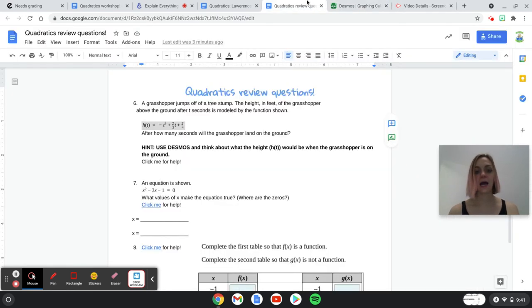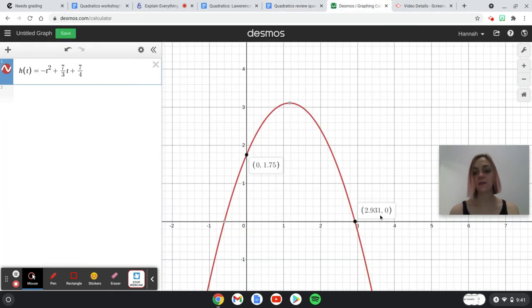And the question is asking, after how many seconds will the grasshopper land on the ground? Well, I know that 0 has to be the height if it's on the ground. So the other number is telling me the number of seconds, and it's 2.931. Anytime there are points on Desmos, it's always a great idea to click on them because they're probably telling